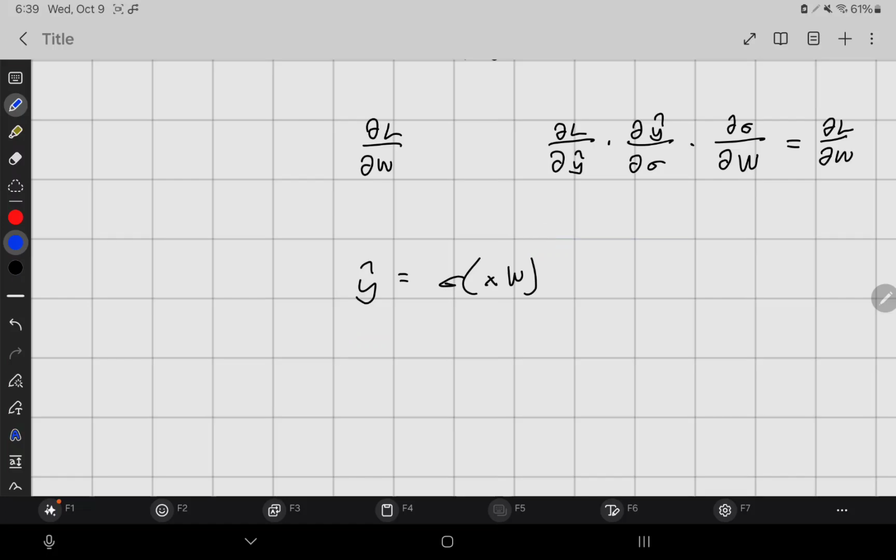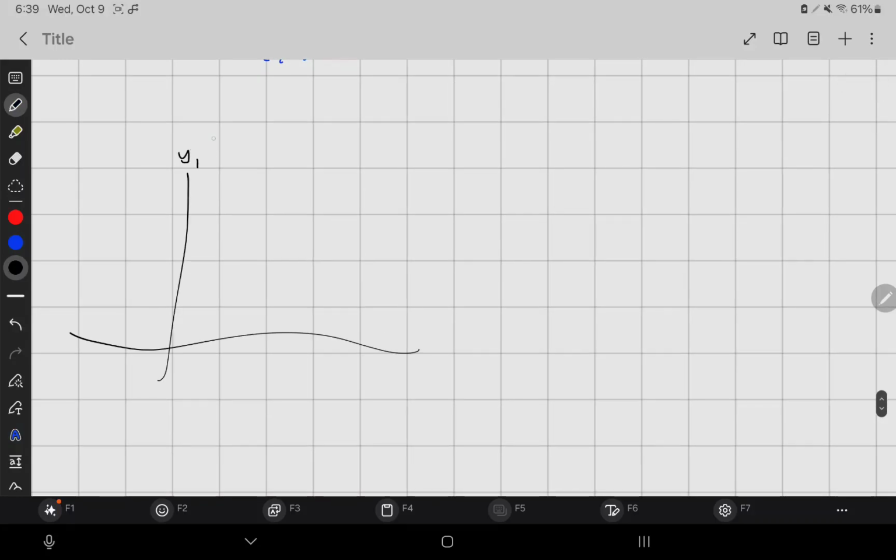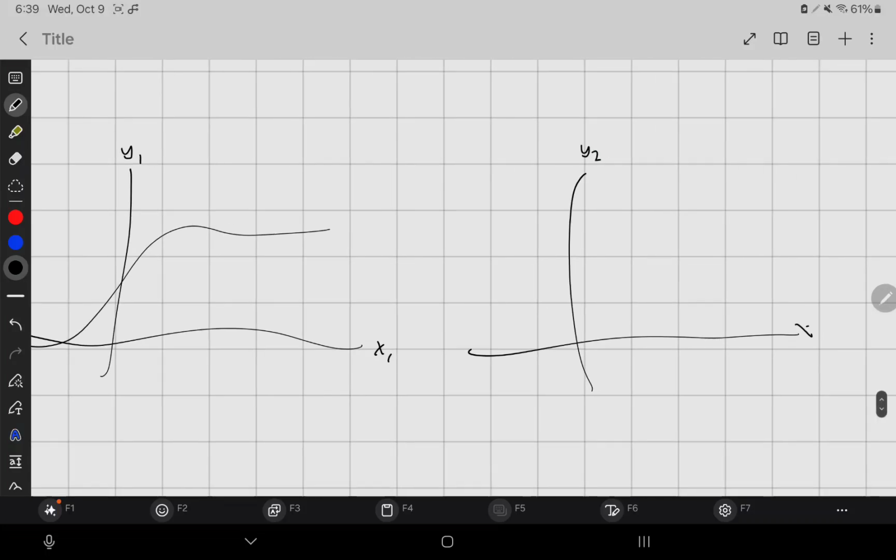So the way we can do that is we can say, all right, we have x, that's n by d, but what if we increase w so that we now have two outputs? If we multiply these together, we would get an n by 2 output. So instead of y being one label for every input, you now have two labels for your input. Basically this is drawing two graphs. You would have one graph, which is y1, and you have a bunch of input variables x. In the one-dimensional case, you would have a line here, or a sigmoid, depending on what nonlinearity you use. And here would be y2, with x1 and some other x's, and you now have the second